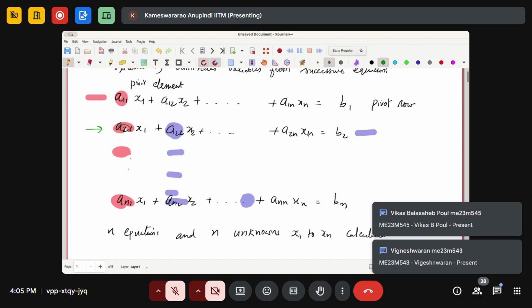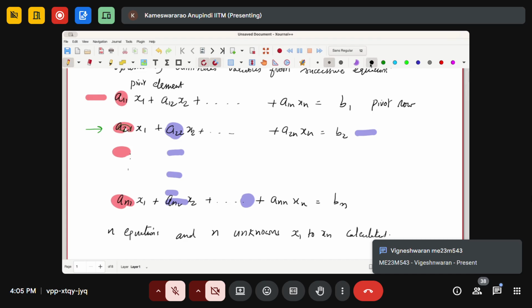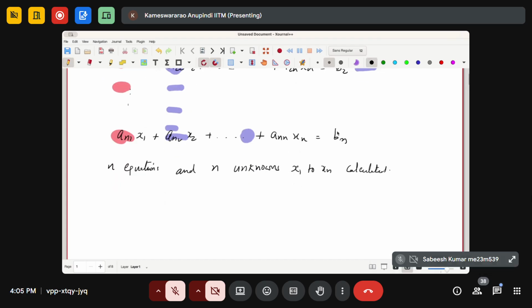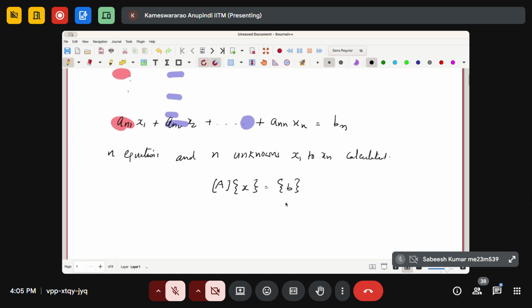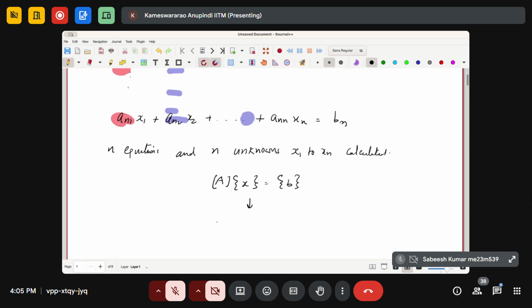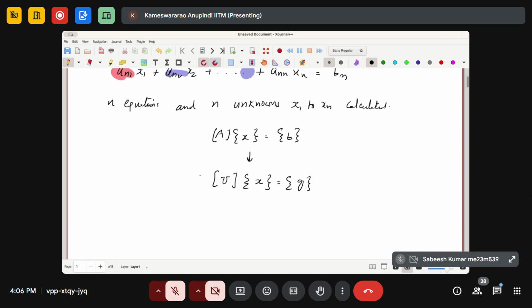That means this Ax equal to b that we have written, through successive row operations, is going to get modified into Ux equals g, where U is now an upper triangular matrix,